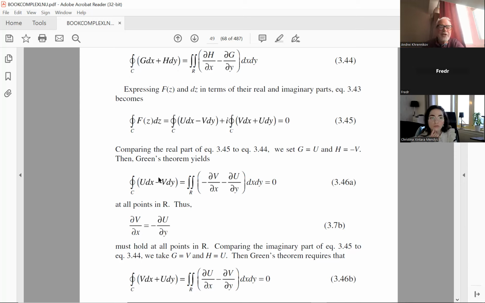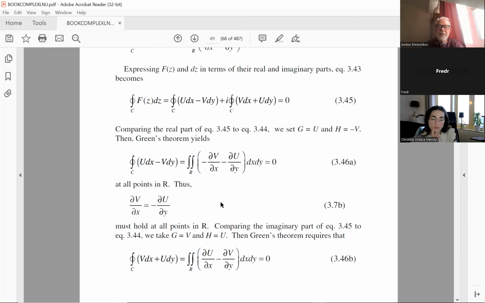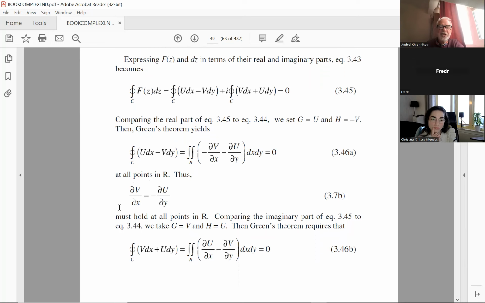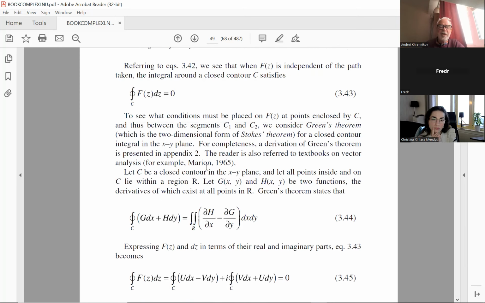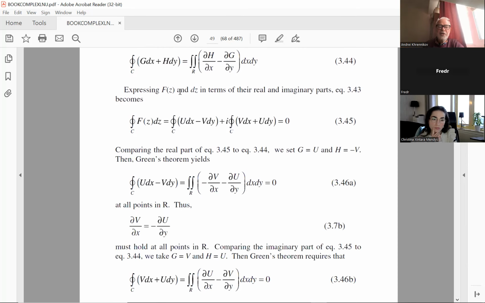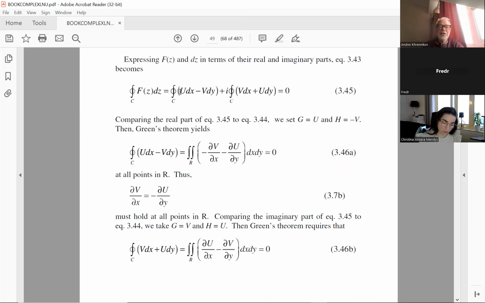So we have this form. It should be identified with this, and this should be identified with this. Then we write this. And now suppose our function is analytic. Then we apply the Cauchy-Riemann condition, and we get 0. So the condition which was our dream was to find a condition on f for when the integral over a closed contour is 0. We found that if the function is analytic in some region, it should be analytic everywhere in this region.